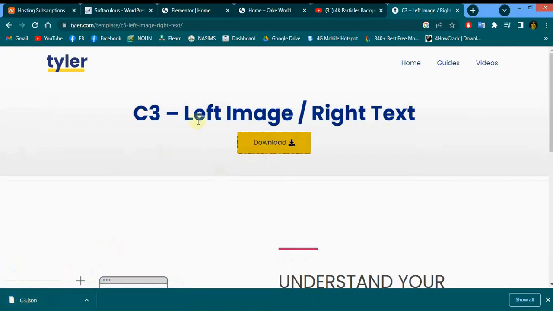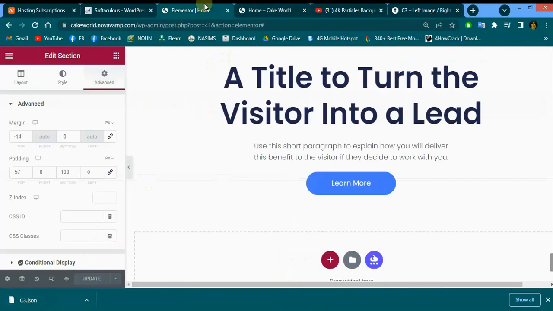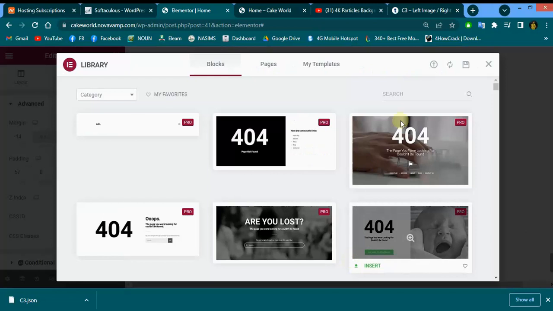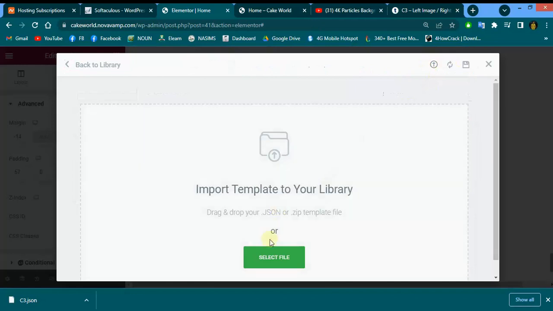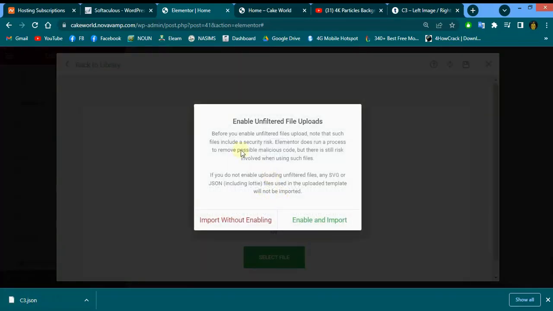Okay, so how do you import this? You go to your Elementor, go to your template section, then here you see import template. So you click on import template. So you can drag and drop, or you can select it. Let me just drag it and drop it in here. You see the warning: before you enable unfiltered files upload, know that such files include a security risk. Of course, you should be aware that some templates are risky, so be careful where you download templates from. All right, so let's just import without enabling,